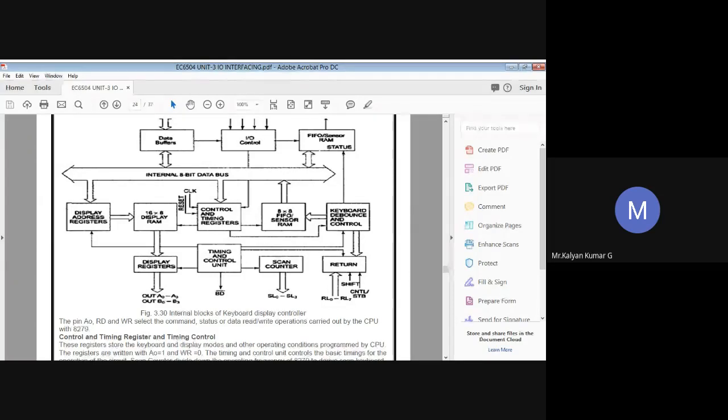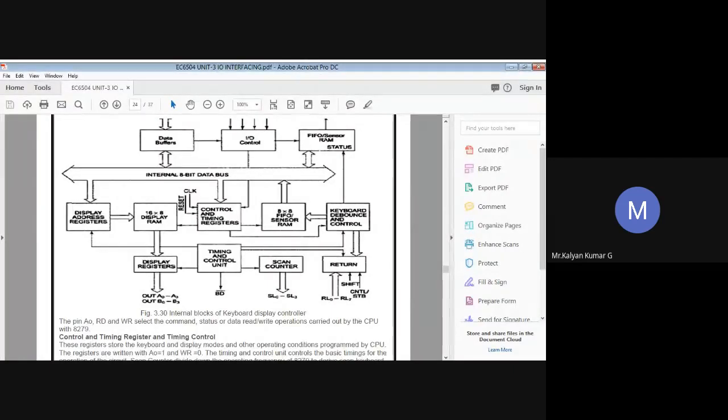With the help of this control word register, I can store the keyboard modes as well as the display modes. The modes are programmed by sending the proper command on the data lines whenever A0 is set to 1. The command is latched on the rising edge of the write signal, then decoded for the appropriate mode, and the function is set.